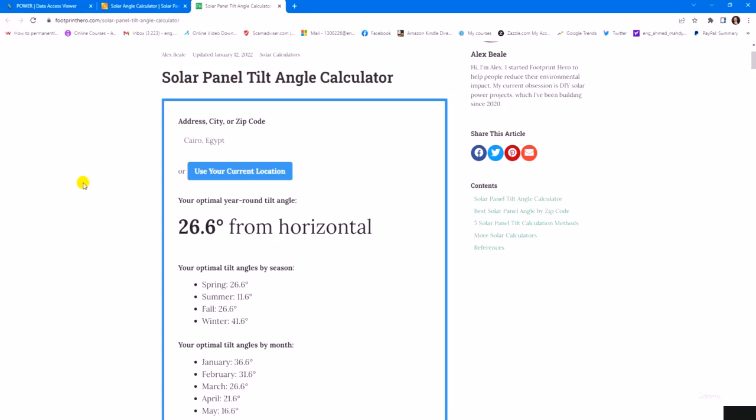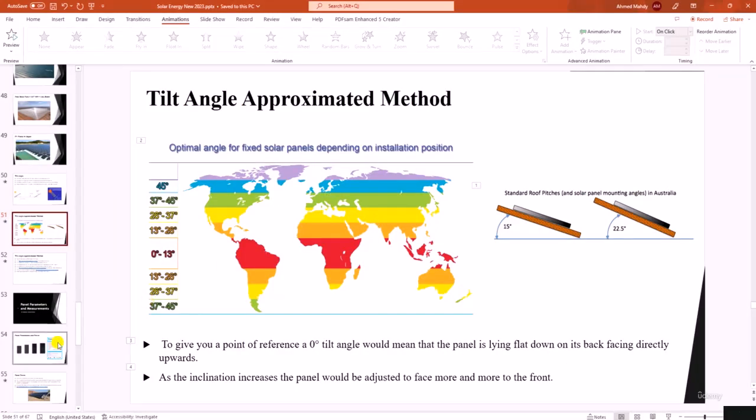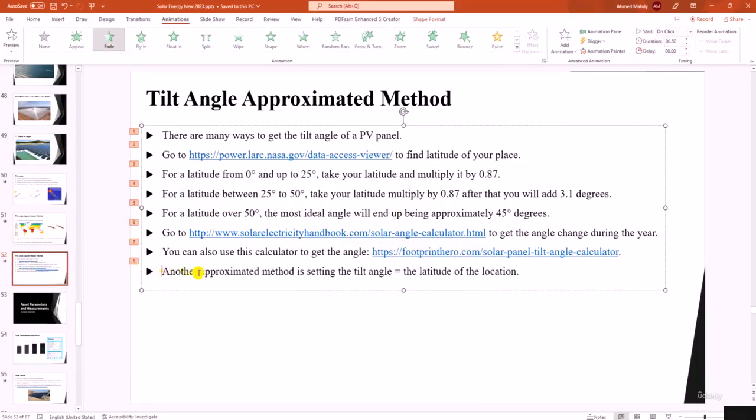In the end we have different methods to get the optimum angle, but the best way in my own opinion, so that you can avoid different calculations, is to simply use this rule, which is the tilt angle equal to the latitude of the location, or by using this rule. So in this lesson we discussed an example on how to get the tilt angle for a location.